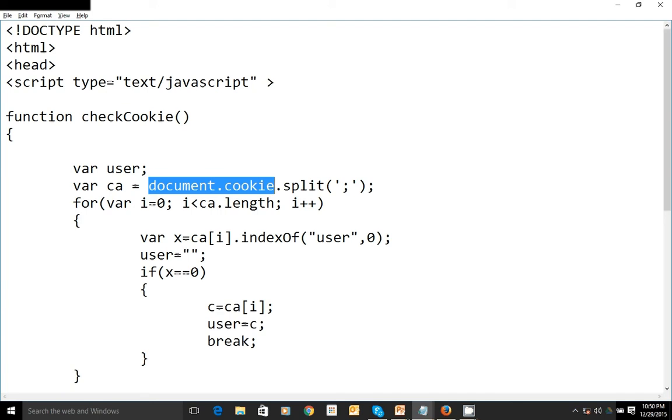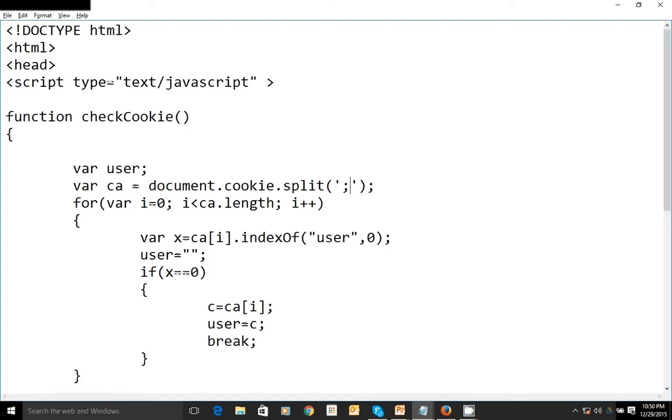All these cookies usually end with a semicolon, and each cookie has a key value pair. So I want to gather all the cookies in the form of an array. For that, let me split these cookies with the help of a semicolon, and I put a for loop here just to access all these cookies.